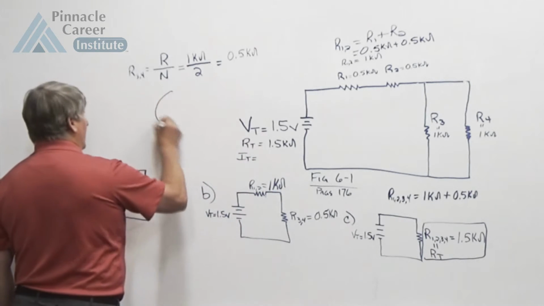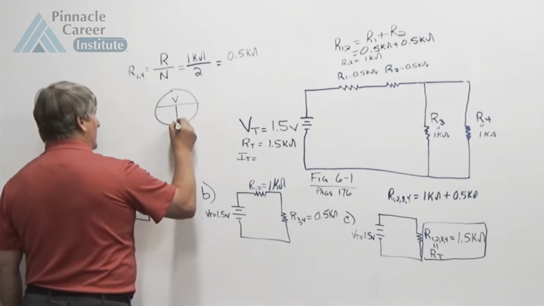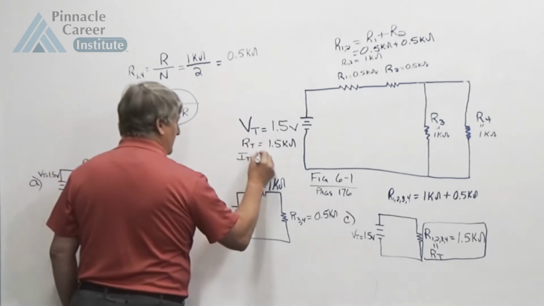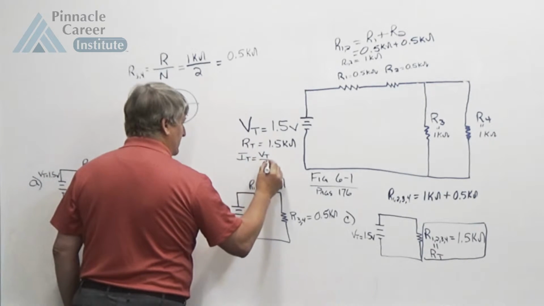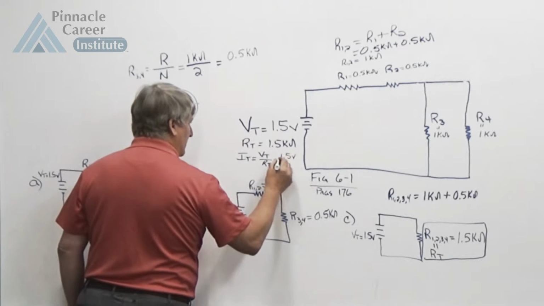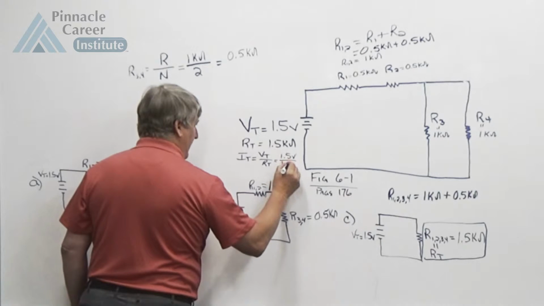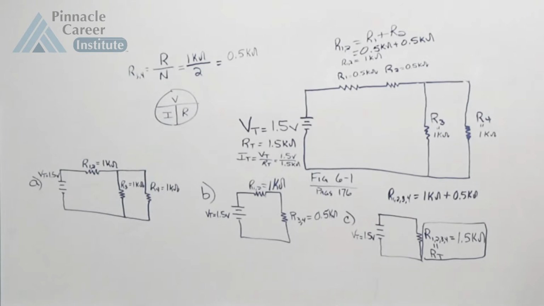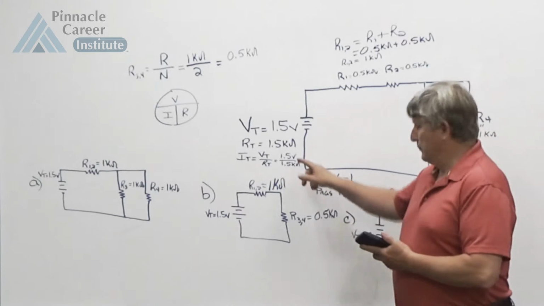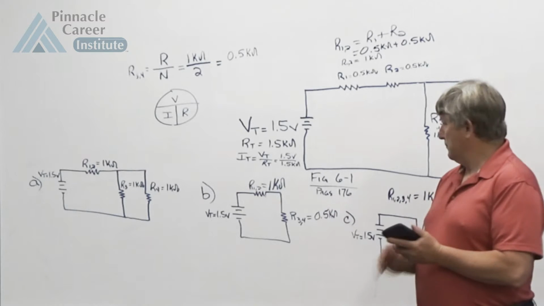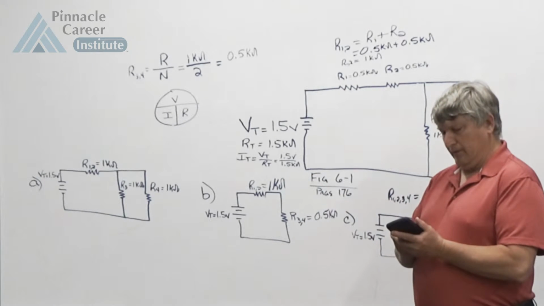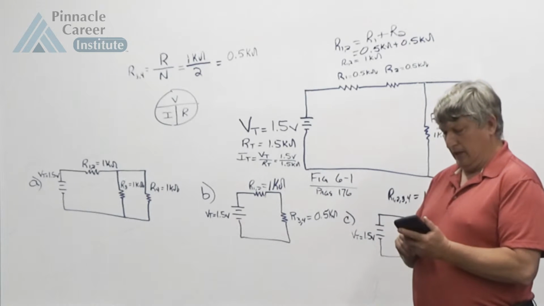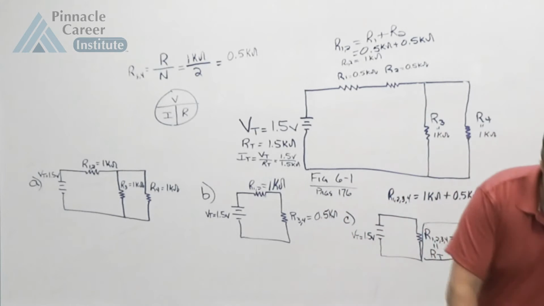And if you remember your Ohm's law circle, current equals voltage divided by resistance. So this will be voltage total divided by resistance total, which is 1.5 volts divided by 1.5 k ohms. And so you take your calculator, your TI-30XA, right? You enter in 1.5, you divide it by 1.5, hit your E button, and K is times 10 to the third, you hit 3, hit equal, and you end up with, on your calculator,